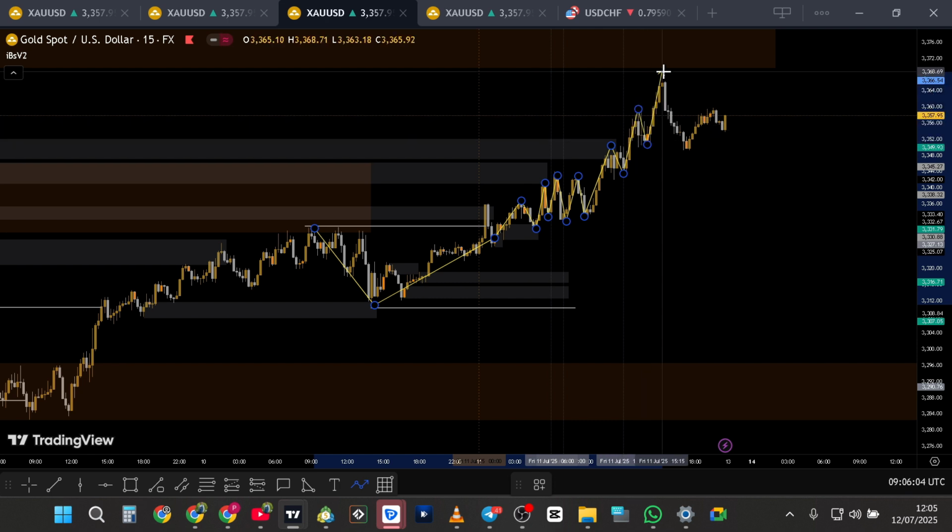So we have this low, then that high. Yes, we can say we had a change of character here, but how well do you trust it? How well do you trust the pair to say that maybe if we take some sales from this supply, price could actually get to here? So for me, it's not really clear, but yes, maybe we could get a few opportunities from there. Maybe